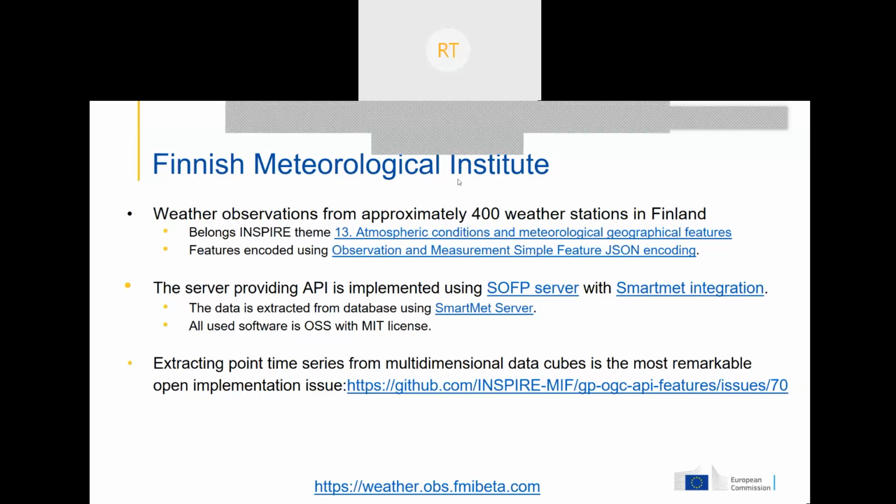Thanks a lot to you, Rupe. As was mentioned already, we will share the presentation so that you will get a chance to click through the different links and investigate the endpoints. There are the links to the different GitHub issues, so I would encourage you to do that. Thanks once again, Rupe.